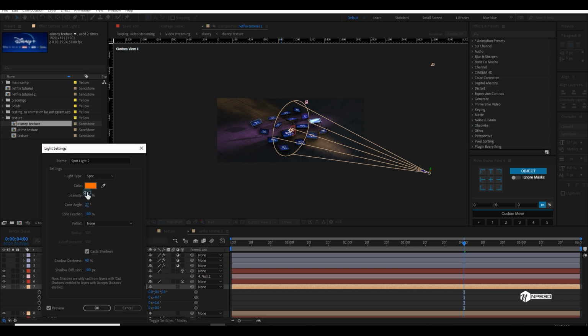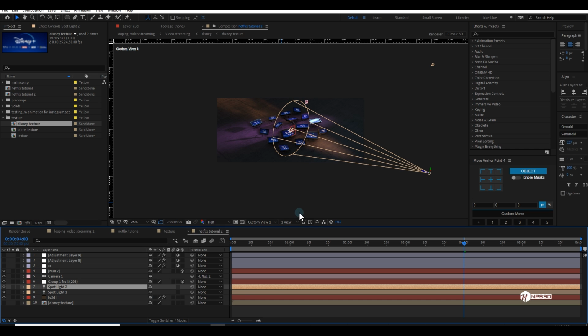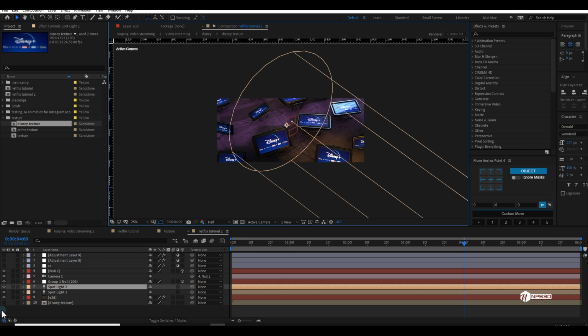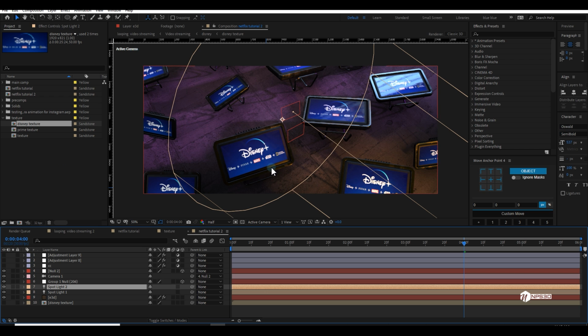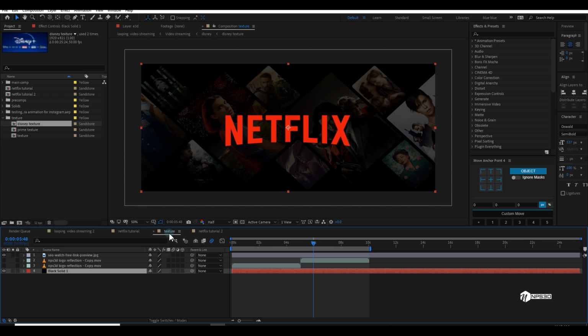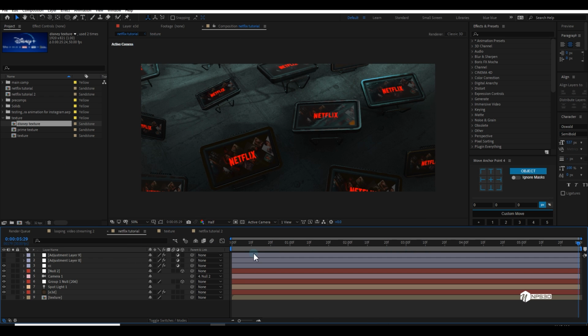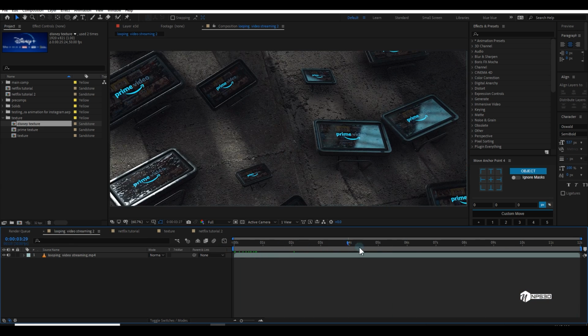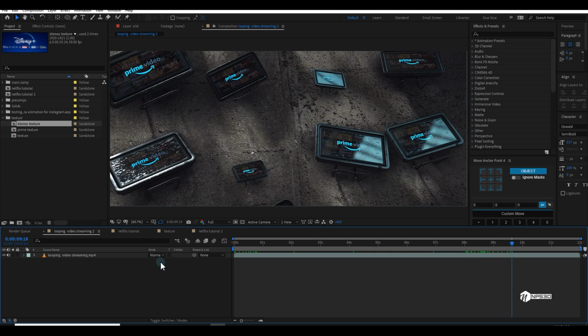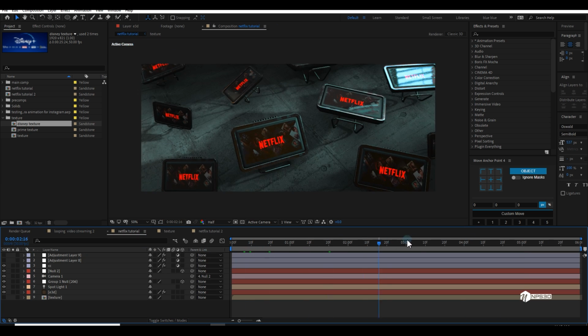I can increase the cone angle and go to the custom view, and in this one I can bring down the diffusion very low, so it will create a hard shadow, and then after color correction it will look more cool. So this is the idea how I created this amazing looking animation,